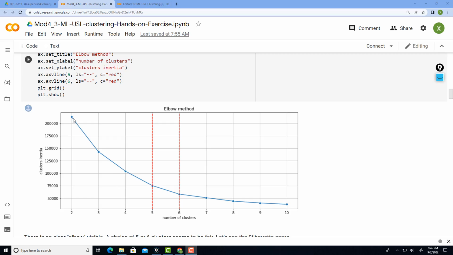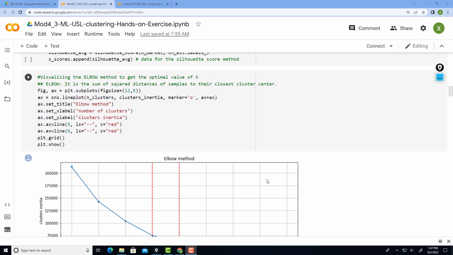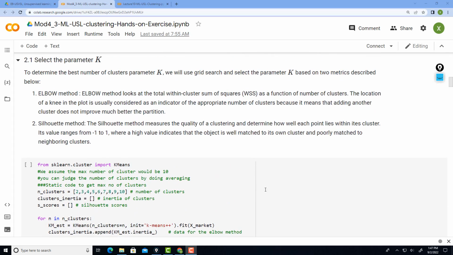For k from 2, 3, 4, 5, the within-cluster sum of squares is still decreasing reasonably fast, but after k equal to 6, you can see that the decrease of the within-cluster distance or within-cluster sum of squares is minor. So you are trying to decide whether this is the elbow point. If you think of this as a forearm, then this is the elbow joint. Or if this is a leg, then this is a knee joint. So you're going to say k equal to 6 maybe is a reasonable k to use for this k-means clustering algorithm. So that's the elbow method.